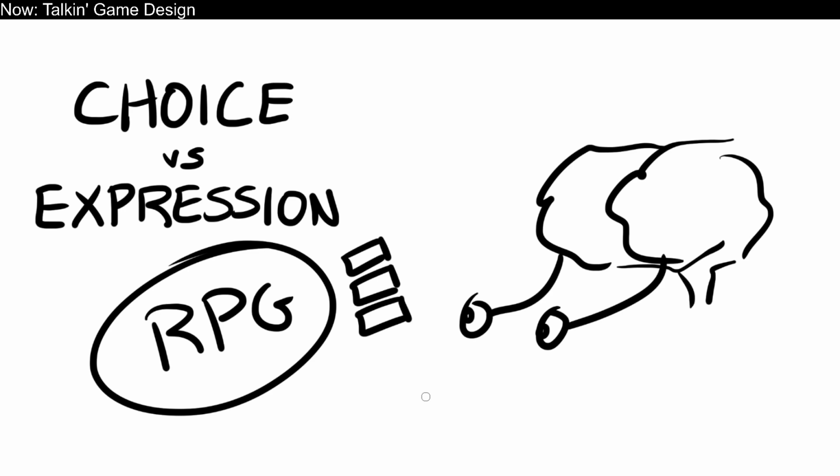The choices that are locked away up in their brain meat, stuck as headcanon. Once you are allowed to express those choices into the game world, now it's canon. Now you have an RPG. Now you have an experience that's memorable and fun and matters. Internalizing this is really important.